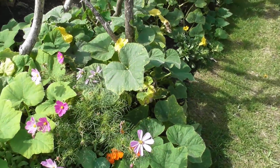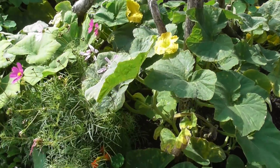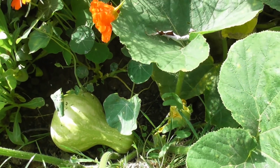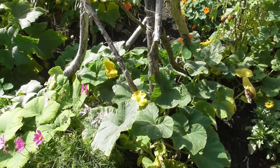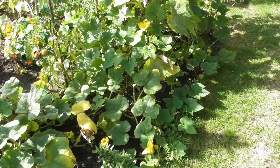These are the rather meagre butternuts. There are a few fruits in here, they're quite small. That's okay, I quite like it when I get small fruits. It gives more options when I come to cooking. When you see the last squash bed at the end of this video, you'll see I do have some much better